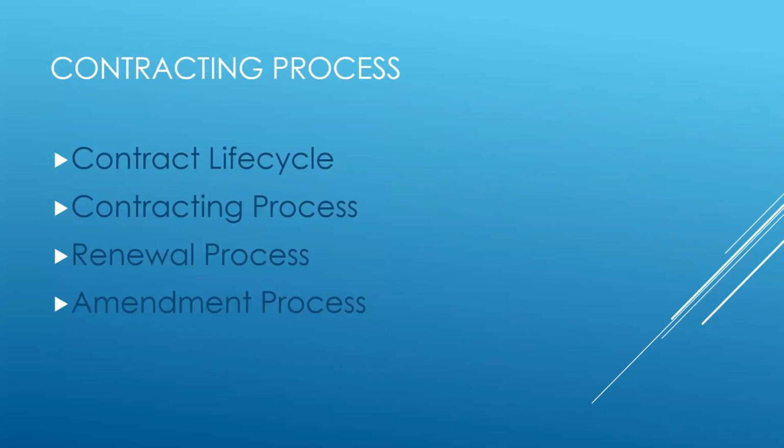Now coming to the next thing, that is the contracting process. That is the major thing of CPQ. So we have the contract life cycle. On the contract life cycle, we go through account, contact, opportunity, then we configure the quote. In configuring the quote, we use multiple CPQ features and then we configure a quote.